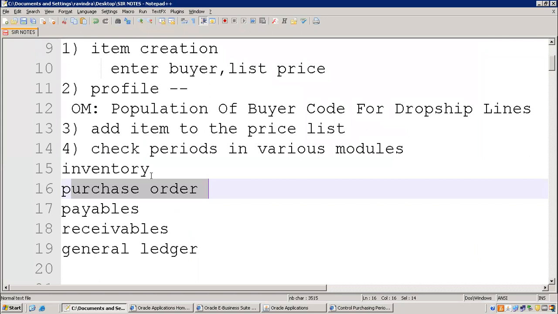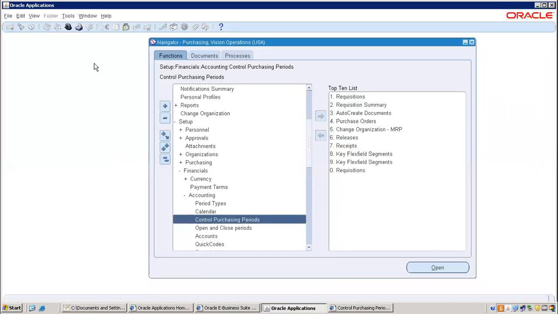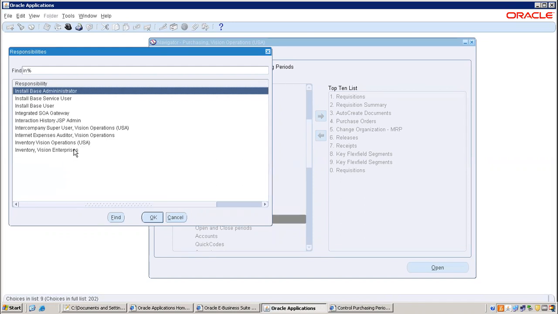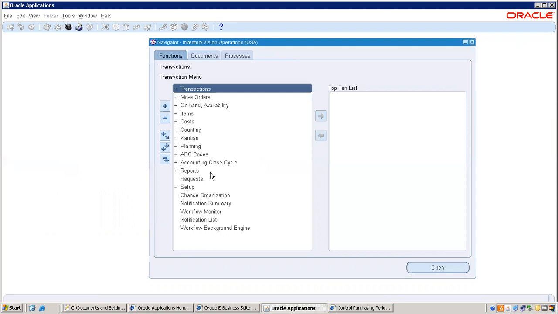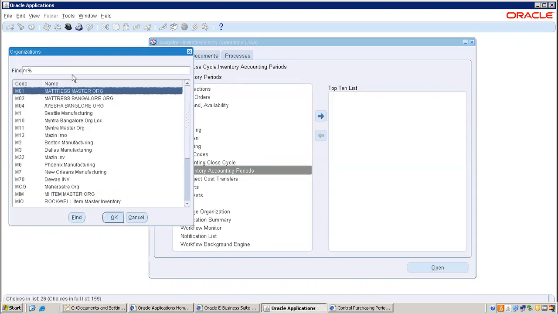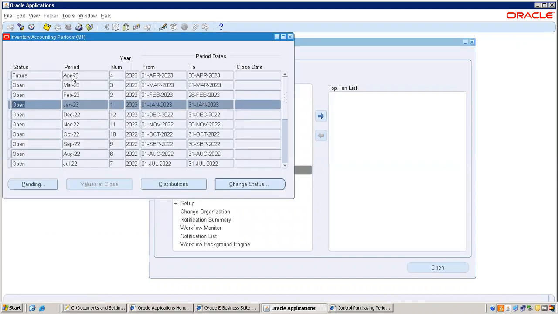The next is the inventory module. Which organization? Go to inventory. Accounting Close Cycle, Inventory Accounting Periods. You have to check mainly in the F1 organization. So January. But we spent almost a lot of time, right?